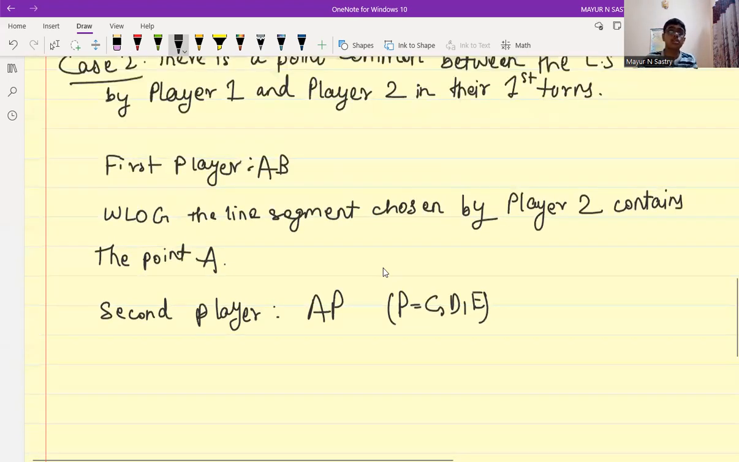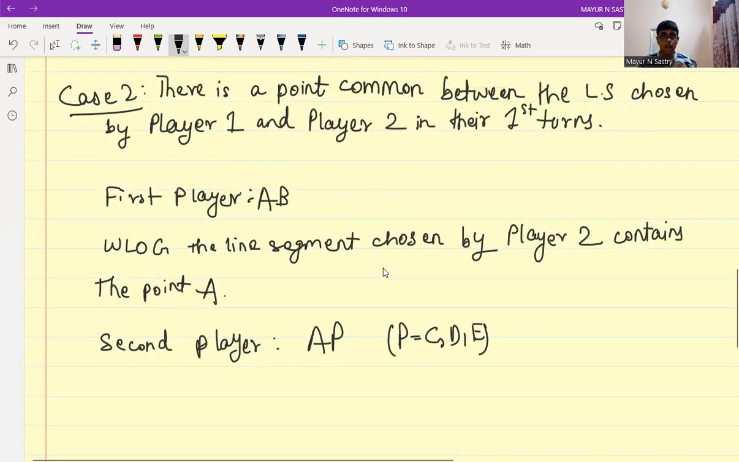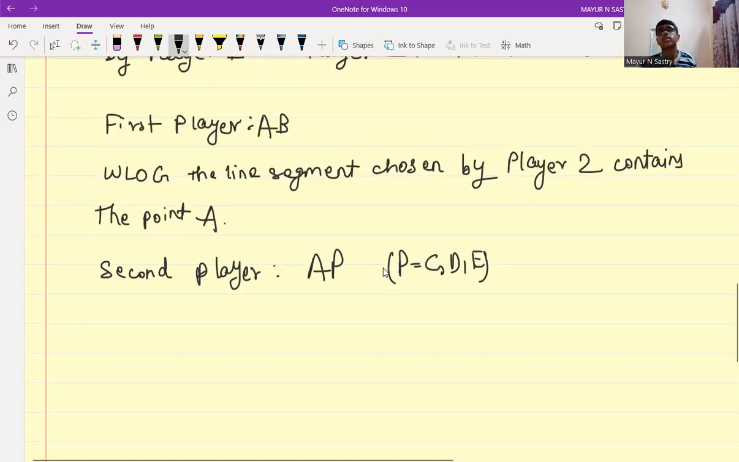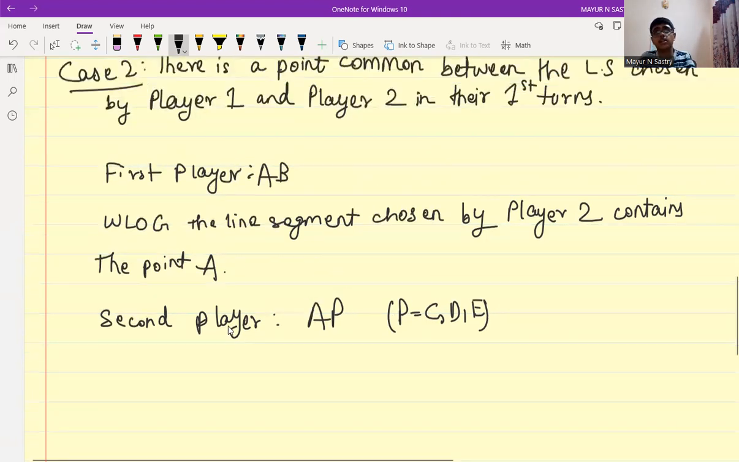And I would like to comment on this without loss of generality statement. I can assume this because if I provide an argument for A, then there exists an exactly symmetric argument for B as well. So I'm going to give an argument for A, and you can draft a very similar argument for B. That is, if the line segments have point B in common. So we can assume without loss of generality that the second player chooses the line segment AP, where P is either C, D, or E. So if he does that,